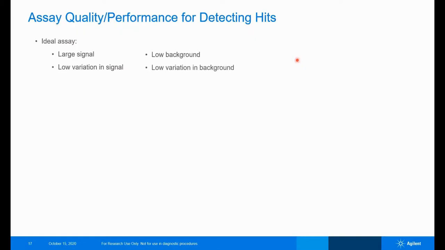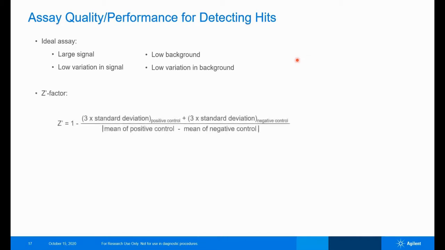People have developed a number of different ways in order to quantify the quality of a screening assay. And one of them that has gained favor in the last 20 years is this Z prime factor. This equation takes into account the standard deviation for both positive and negative controls, as well as the mean value for positive and negative controls. The take home here is that when Z prime is larger than 0.4, an assay is considered to be acceptable or an effective tool for screening. If that value is larger than 0.5, it's considered to be excellent.